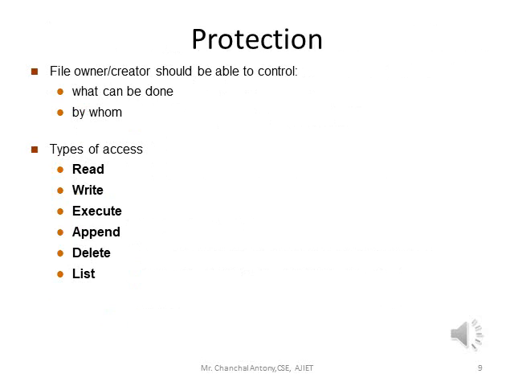Okay. The last topic of this chapter is protection. As the name itself suggests, you have to try to protect the file systems and directories. When information is stored in a computer system, we want to keep it safe from physical damage, which relates to reliability, and from improper access. That is nothing but protection. When we deal with reliability, it is generally provided by duplicate copies of a file. That means if something goes wrong, we will have a copy of it.